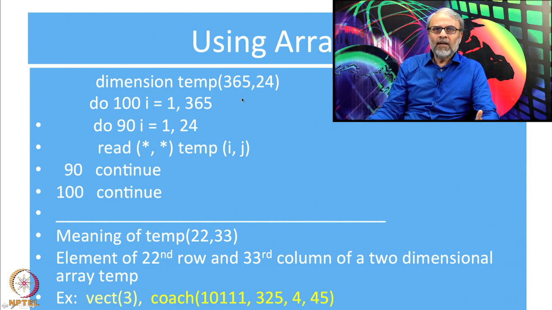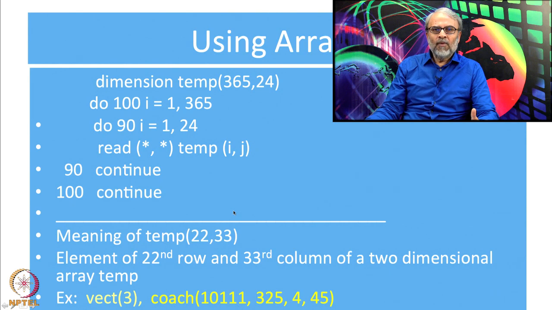See what was our array? 365 and 24. So, when you have something like this, your row should be between 1 and 365 and column should be between 1 and 24. If you give it like this, there will be a huge problem because the computer does not know what the 33rd hour is, since you gave only 24 hours. If you want to read more than 24, your dimension should be more than 24. So, this particular thing will give an error, but if I have say 22,2, that means it is the 22nd day and second hour. So, this is the meaning of this.